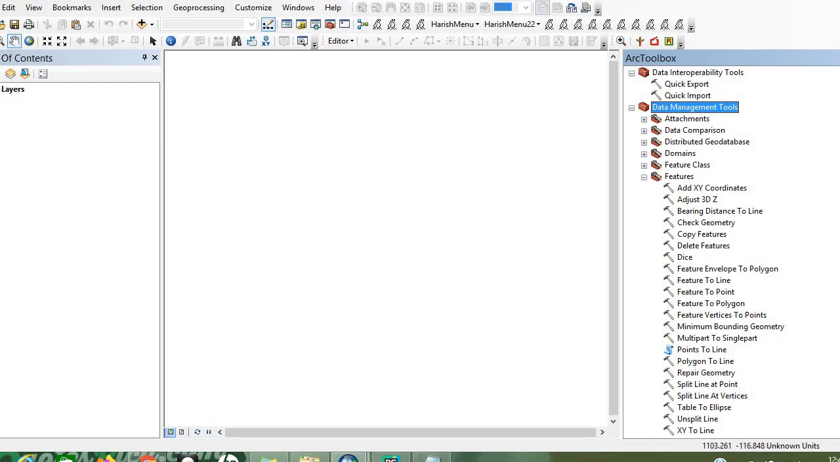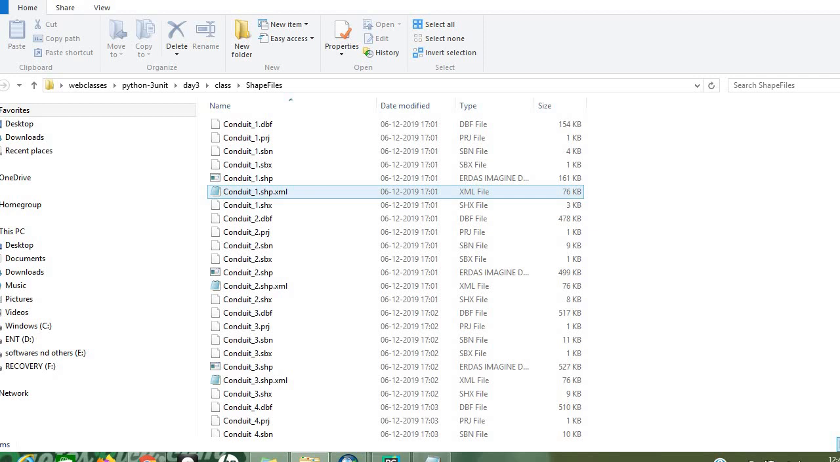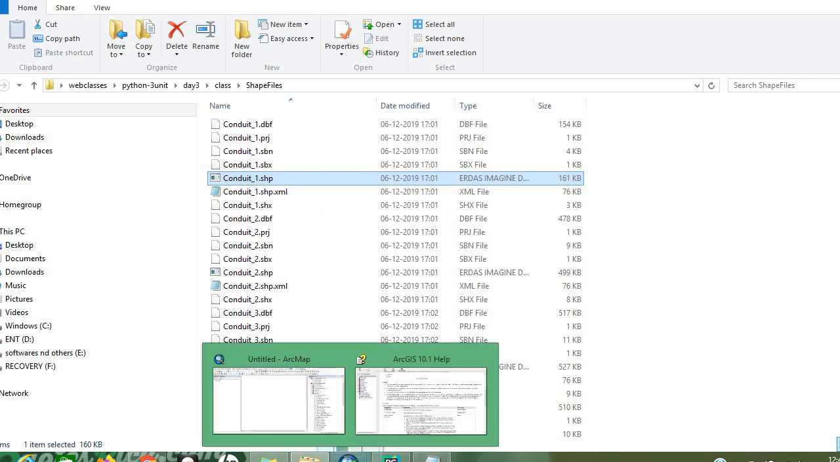I will open a shapefile and show it to you. Multiple shapefiles are there. I am going to give them to you by mail. If you want, you can practice also. Just open this particular